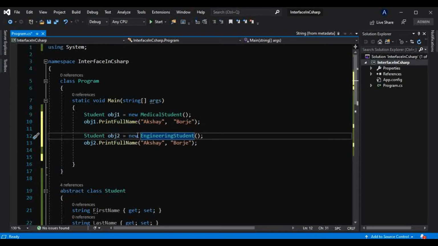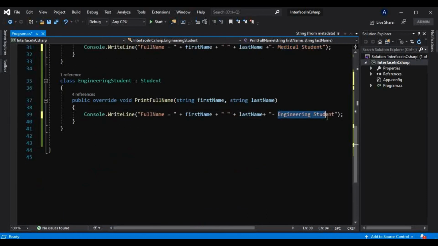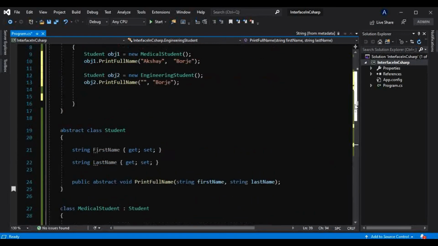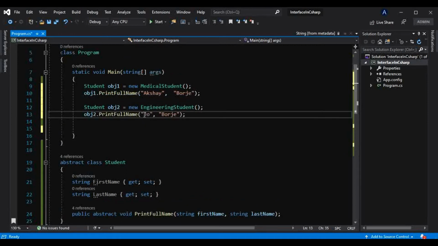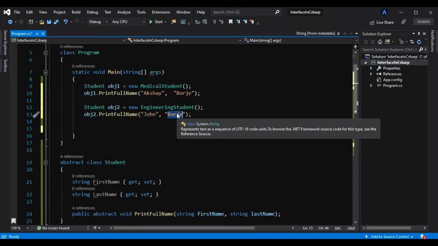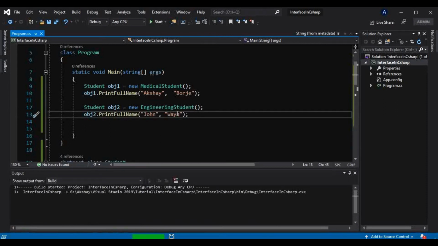And now if I run, let's just take a different name here as well, to differentiate that. Anyway, we will come to know from this implementation, because we have taken that message here, that this is a medical student and this is the engineering student, but still we will take some different names here as well. So let me make that different name here as well. Okay, so John Wayne maybe. Okay, and now if I run,